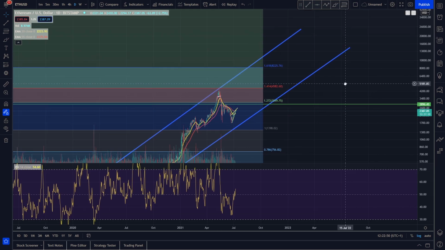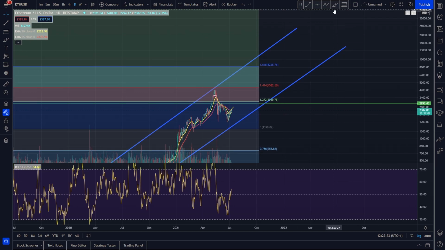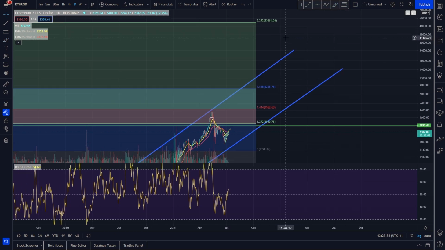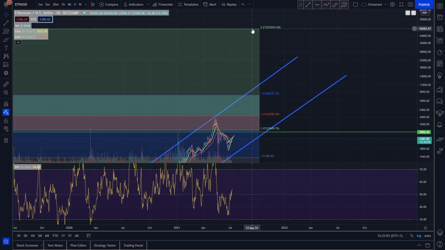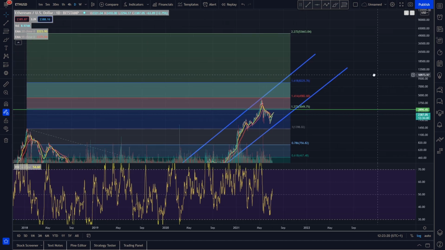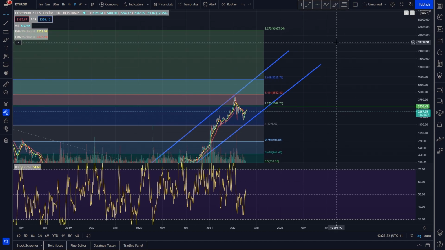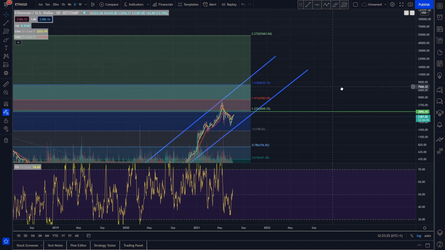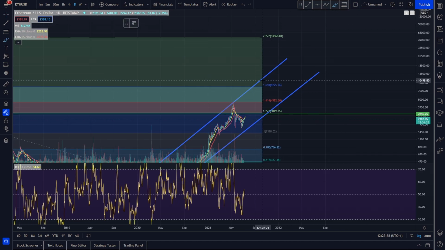We do like to give you these macro time frame outlooks because obviously Rome wasn't built in a day and it's not just going to snap to 20k overnight, but these things are possible. And when you look at the Fibonacci extensions as well, there are some very tasty price targets for the very overextended range. There's an exceptionally overextended range here between the 161 and the 227, anywhere between, let's say, 8.5 to 10k to around 50k, where it is entirely possible to reach these values depending on obviously how much of a pump we get. And with the bull market, when we eventually see that massive blow off top, how high can Ethereum reasonably get? We would say that around 10k would probably be our baseline estimation.